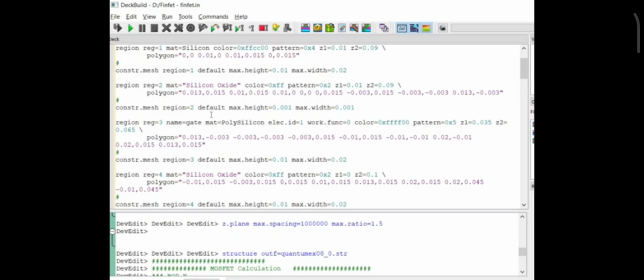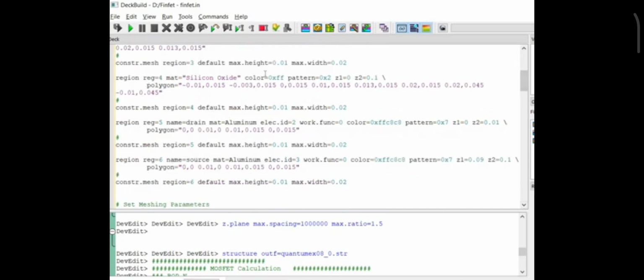Polysilicon we are using, with their color and the pattern with their dimensions, also with the help of polygon vector. Now the constraint command is applying to the region 3 with the default and the maximum height and the maximum width. Next, region number 4, having the material silicon dioxide with their color and the pattern with the polygon vector. Constraint command is applying to